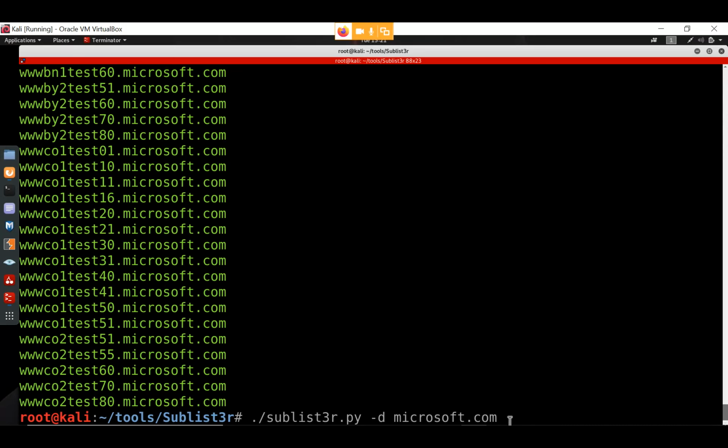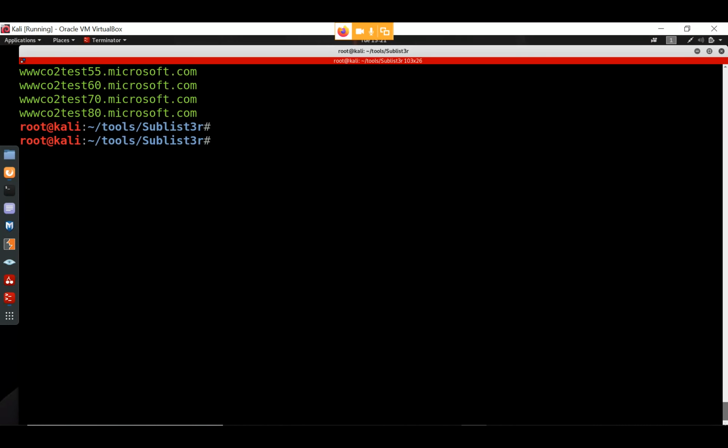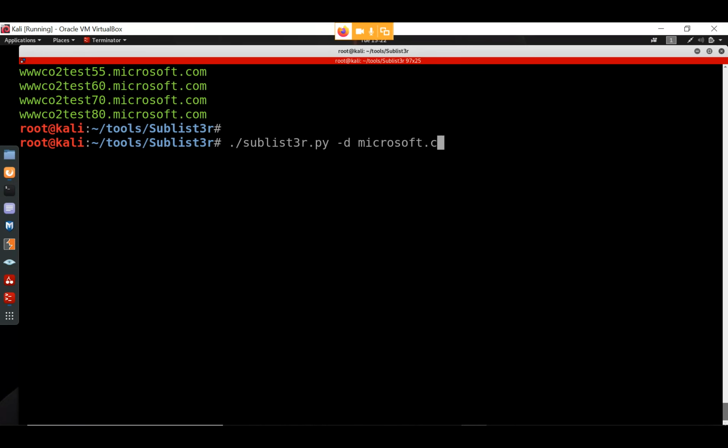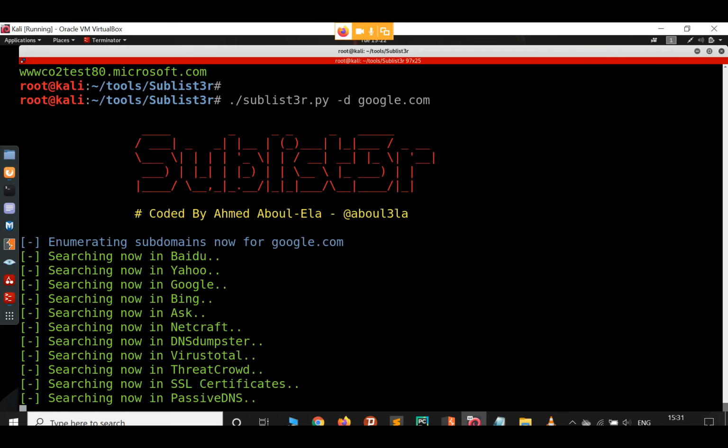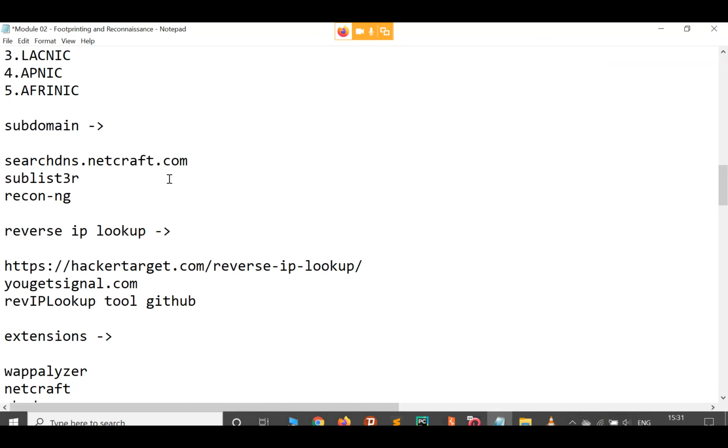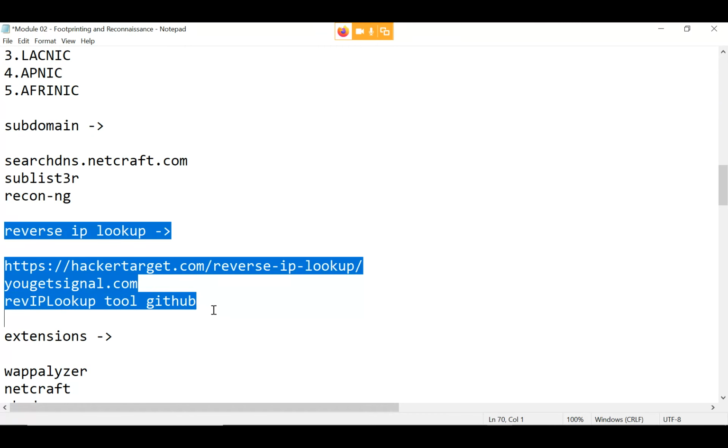You can enter anything. If I do Google, it is going to show all the subdomains of Google, but it is also going to take time. So if we move ahead,